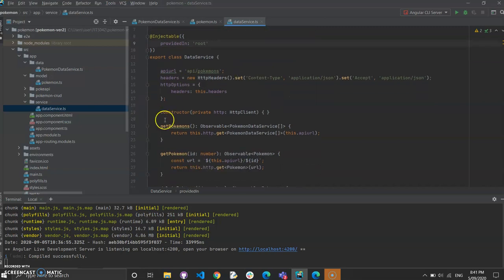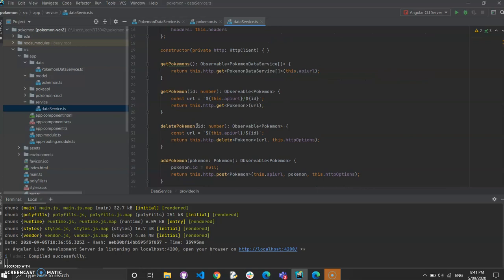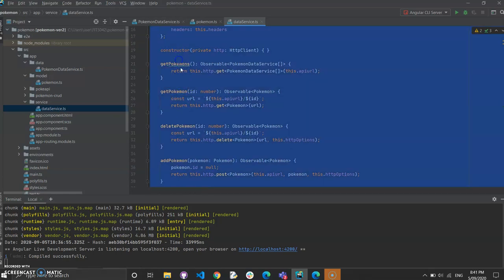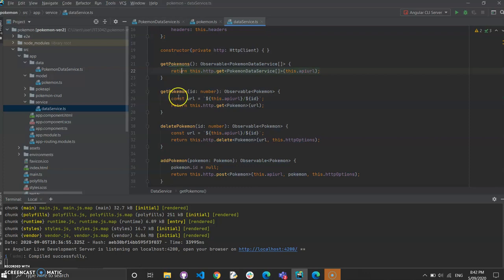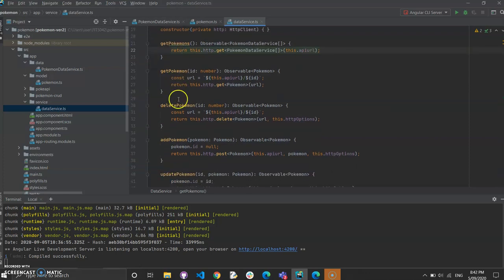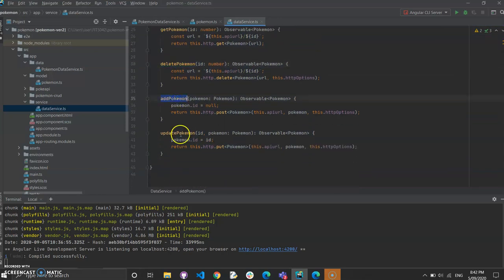So this is the CRUD, or the create, read, update, and delete. We've defined the CRUD operations in this file. As you can see here, we have getPokemons, where we can get all the Pokemon that we have, then deleting a particular Pokemon, then adding a Pokemon, and updating a particular Pokemon value.